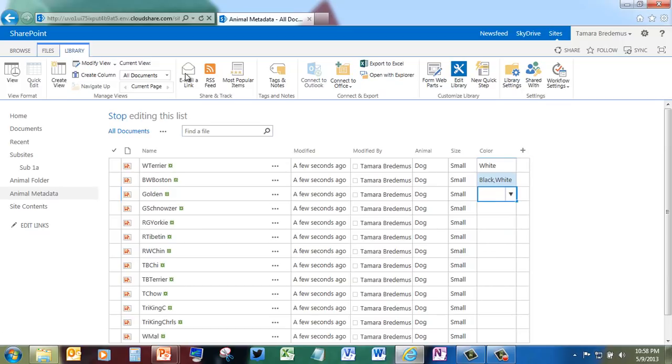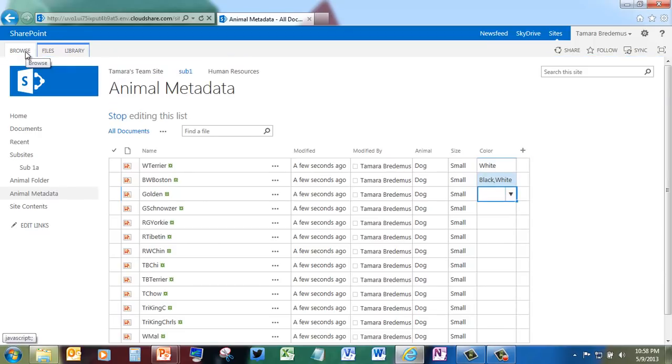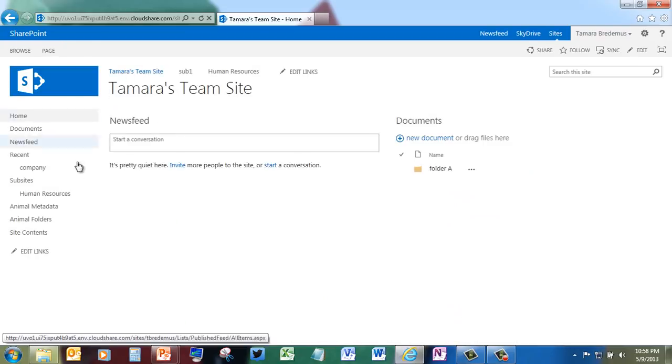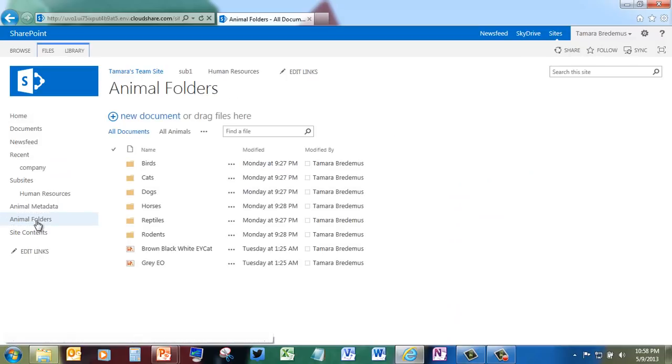Now, just like a cooking show, I've actually put together the full demo, but I wanted to show you how to build it. So if we go up to the top level site, you'll notice here I have an animal metadata library and an animal folders library. Now this is where it gets interesting. What I like to do is I like to go into the animal folders library and I tell somebody to find me a